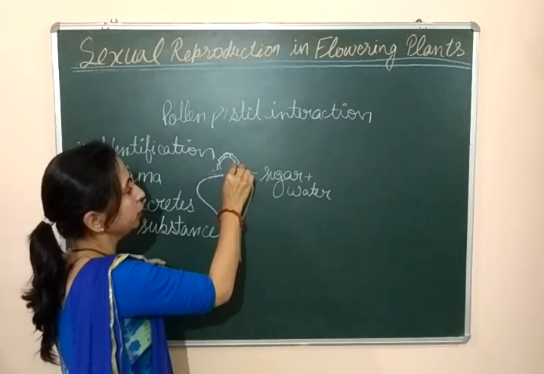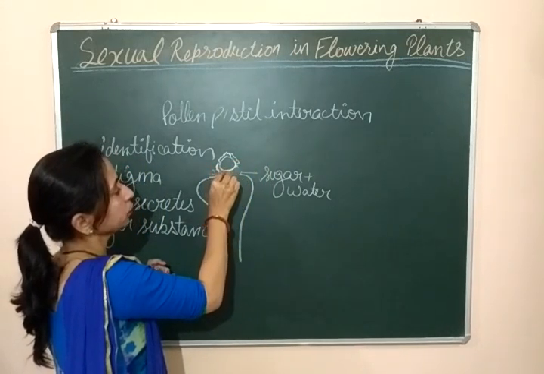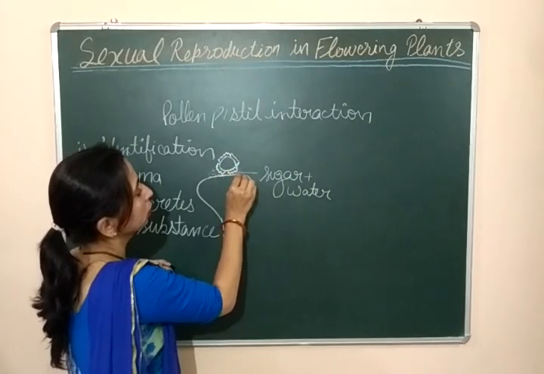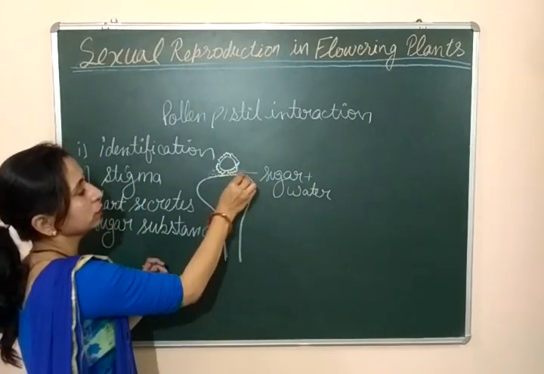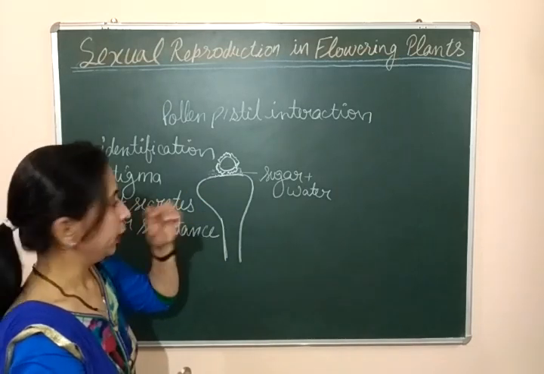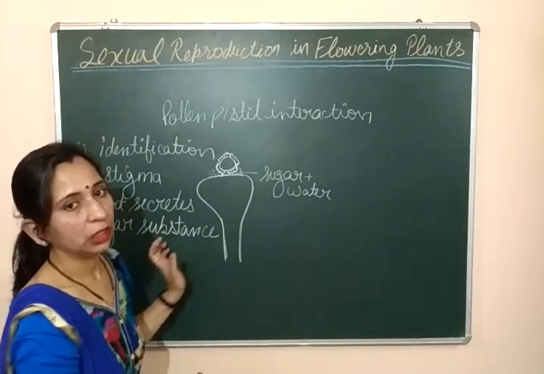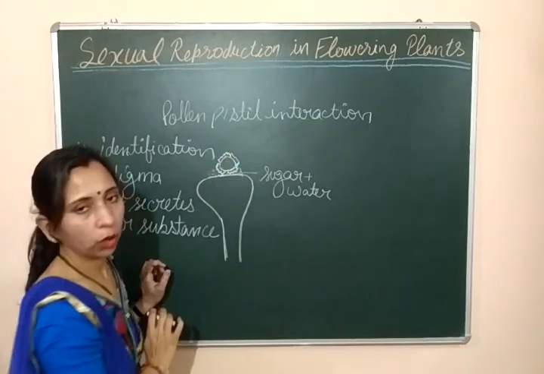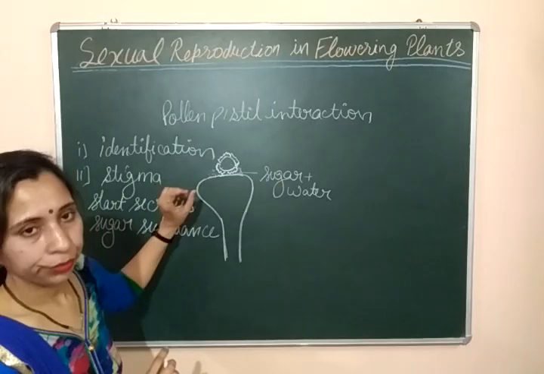Let's see how it will start. This is the pollen grains. This sugar substance will be released here and it is absorbed by the intine and it starts forming a pollen tube. If we discuss the structure that we already discussed, the structure of the pollen tube, the structure of pollen grains, it has